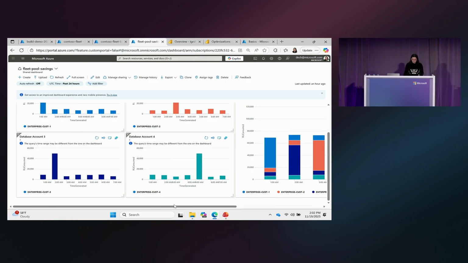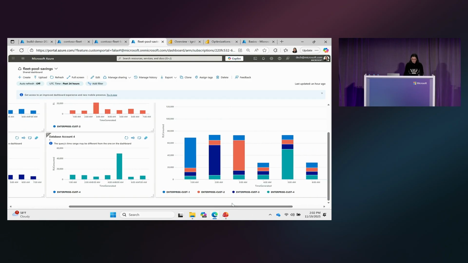If you actually add up all of their cumulative usage, if you do the math, it's about 38% of the sum of all those peaks. And that's just with 4 accounts. As you add more and more customers, you get more efficiencies and economies of scale as the pooling effect really increases. So, call to action: if you have any kind of multi-tenant workload where you're debating,